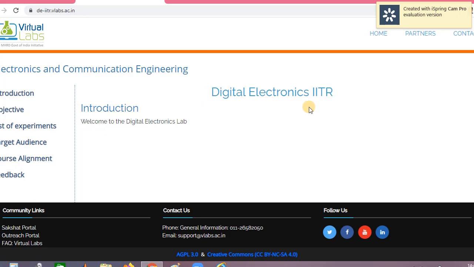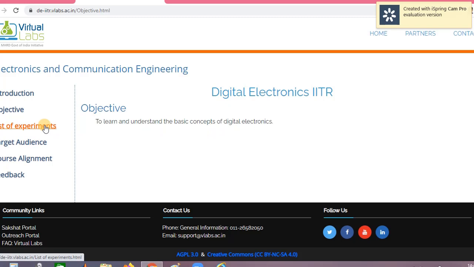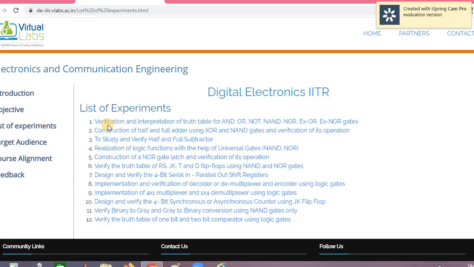So this opens, then we see the introduction. Then the objective is to learn and understand the basic concepts of digital electronics, then the list of practicals. So this list is given. We do not have the same list, we have a different list, but some parts are common, for example the full adder. So we will perform the different practicals, these 1, 2, 3, 4,